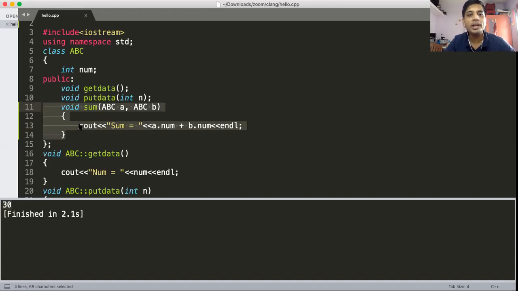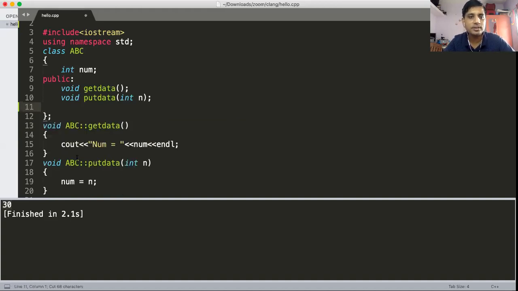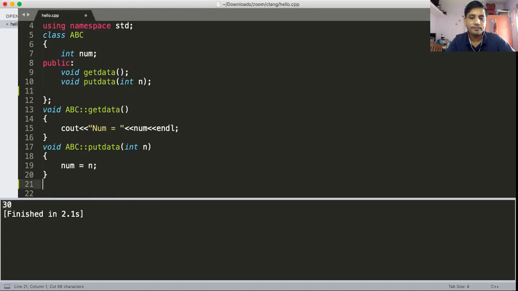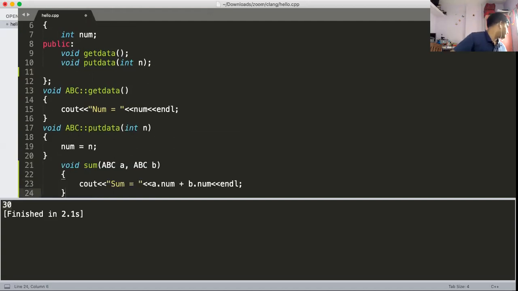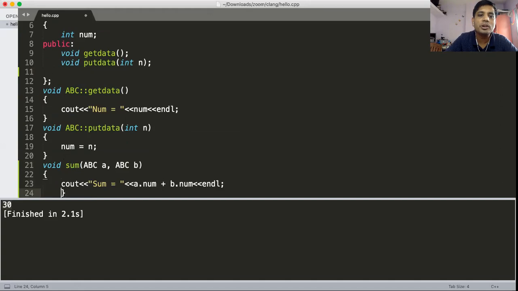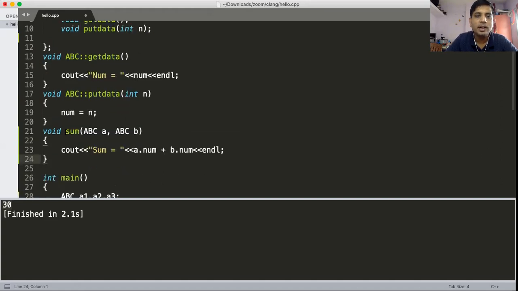If the sum is not defined in the ABC, let's check it here. Now you can see sum is not a member function of ABC. You can see I'm not putting ABC colon colon here.